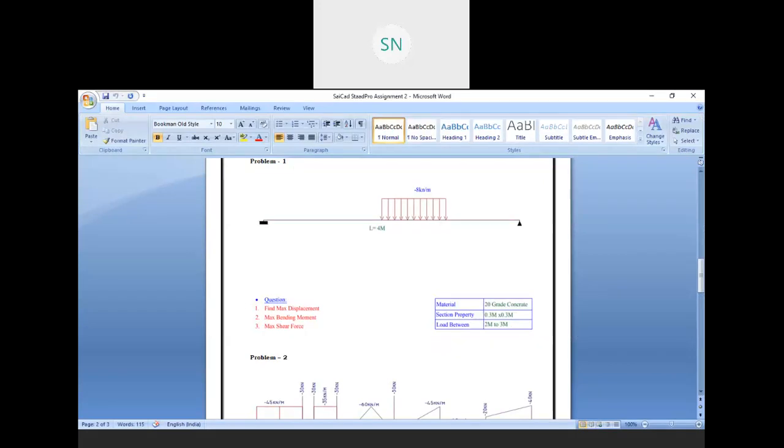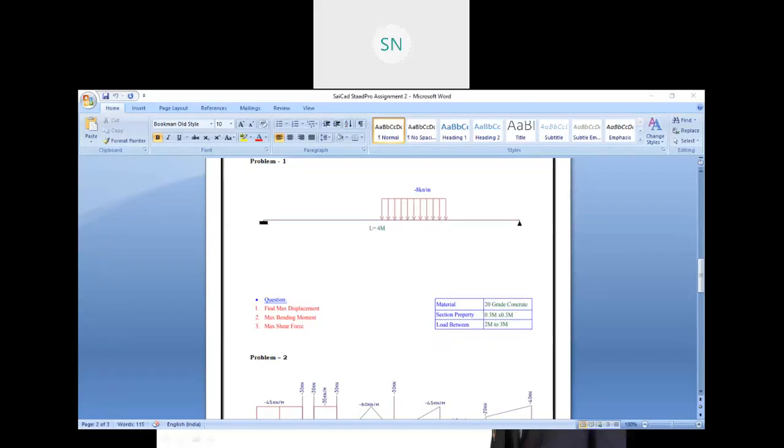Then let me discuss our problem in detail. Here we have a given material property, that is we have to use 20 grade concrete. Then also we have a section property.